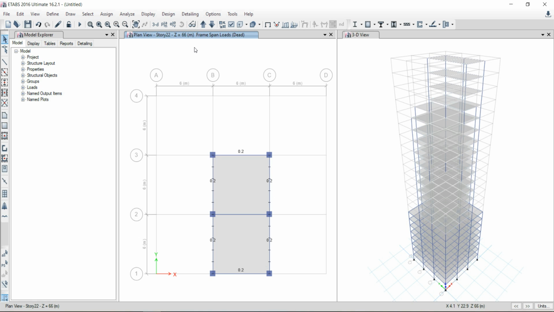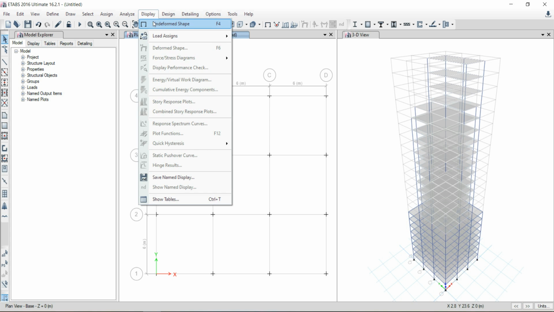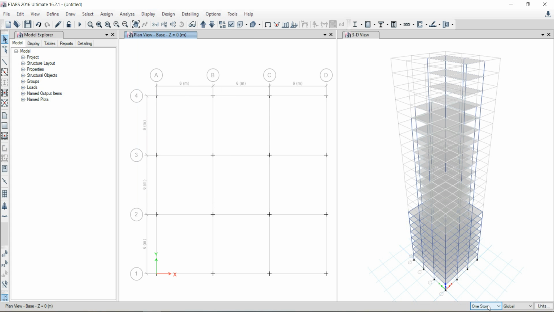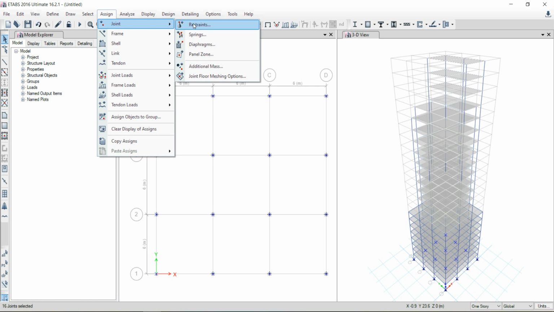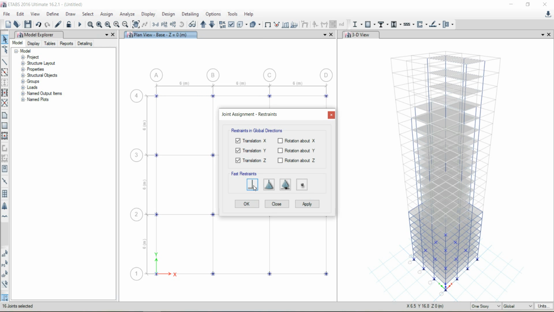Now we have to go to the base, select the one story option and drag in the plan view to select the joints. Go to assign, go to joints, select restraints and select the first option for fixed restraint option.